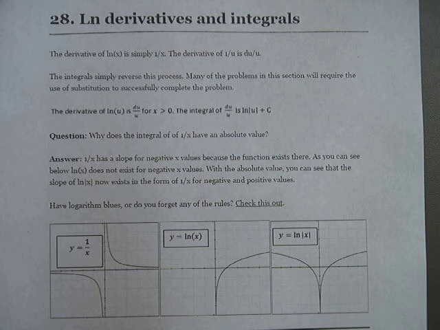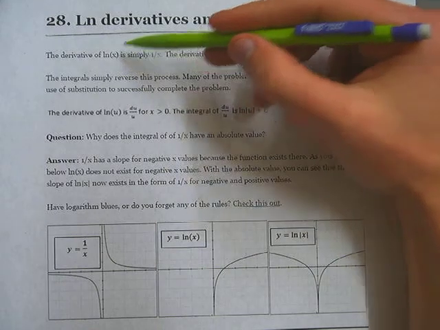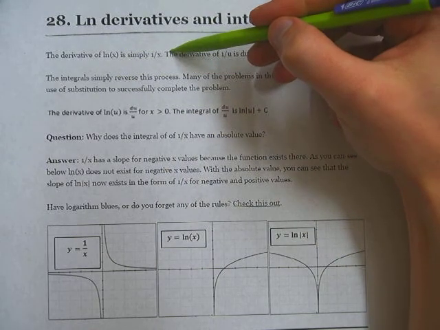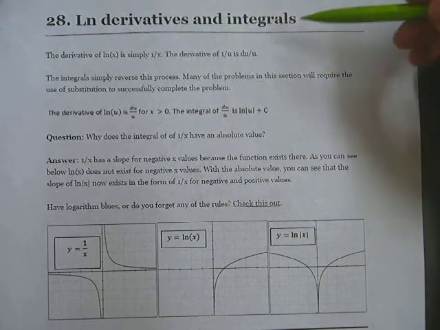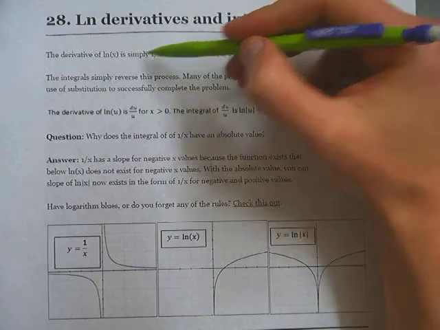Section 28, natural log derivatives and integrals. So this is a pretty simple section as what's specifically assigned to this section. It's basically just that natural log's derivative is 1 over x, and if you go the other direction, if you start with a 1 over something, you get back to a